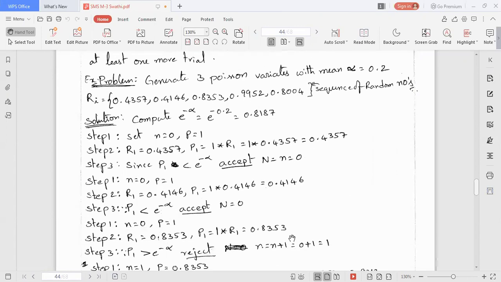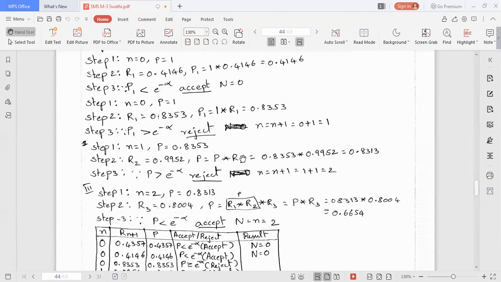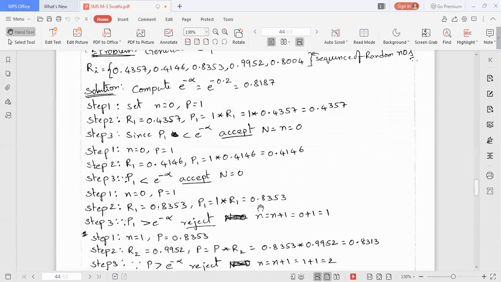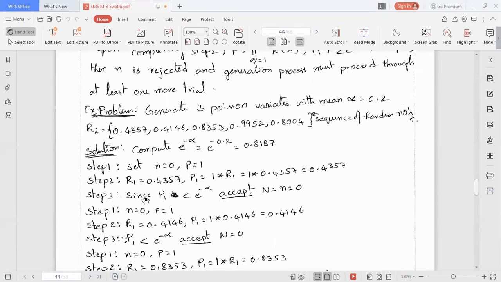Here in the question, they asked us to generate 3 Poisson variants with mean alpha equal to 0.2, and they have given the random numbers. So we have generated the 3 random variants. Like this, we need to solve the problem to generate Poisson variants.